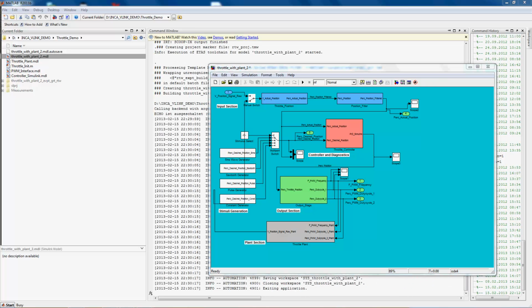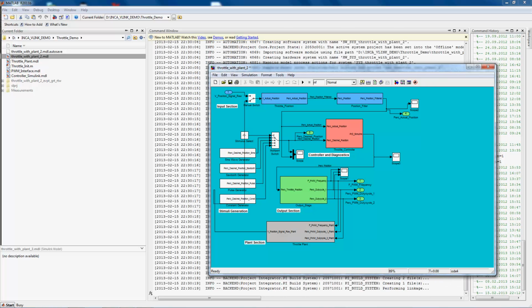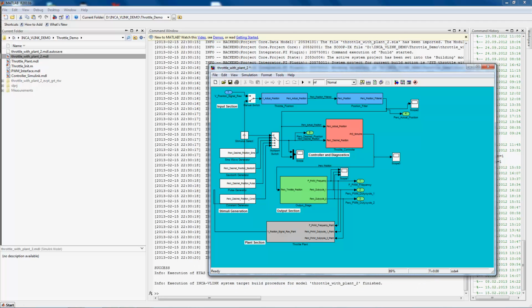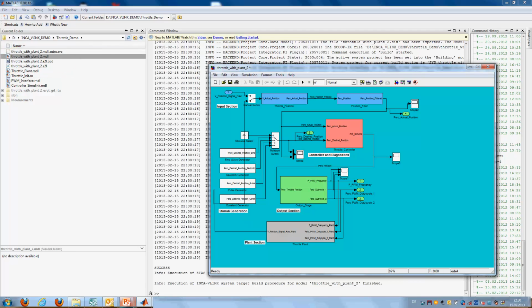As you could see, for this presentation, I was simply changing the code generator to ETAS vLink. The build process now generates an A2L file describing the calibrations and signals of the simulation object, as well as a COD file.